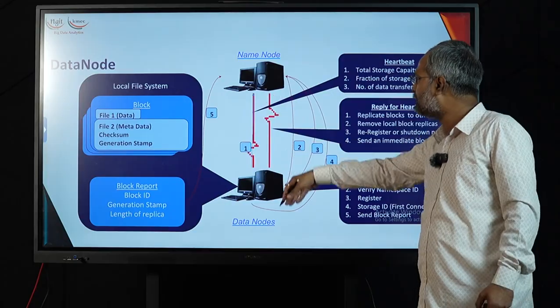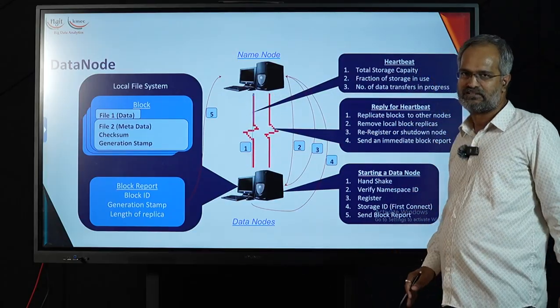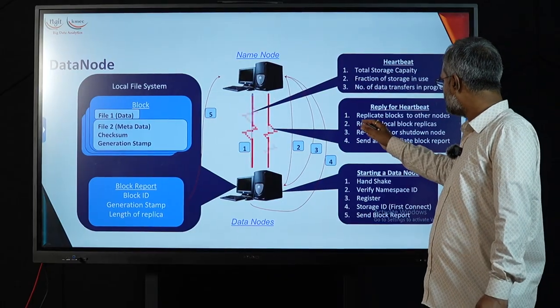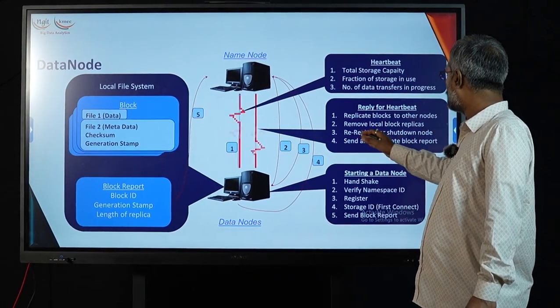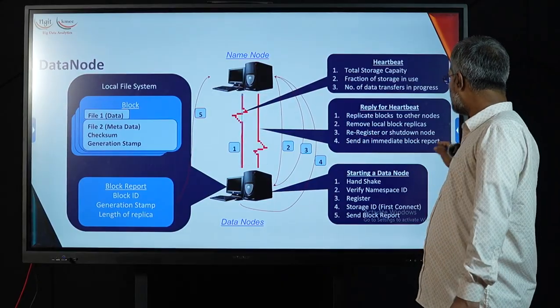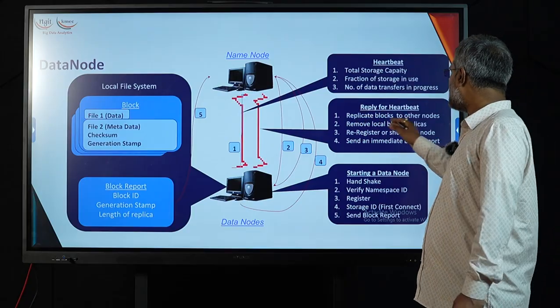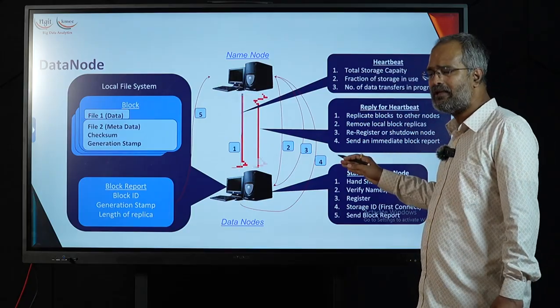For every heartbeat, the name node will reply along with some instructions. Some of the instructions are like this: replicate the blocks to other nodes, remove the local block replica, re-register or shut down the node, send an immediate block report. Now, replicate blocks to other nodes. When will this happen? That is,